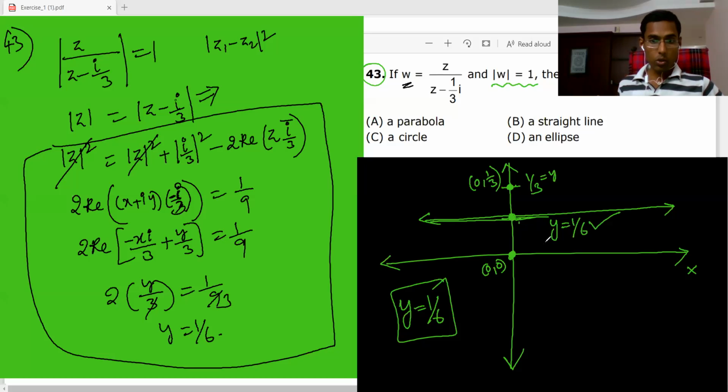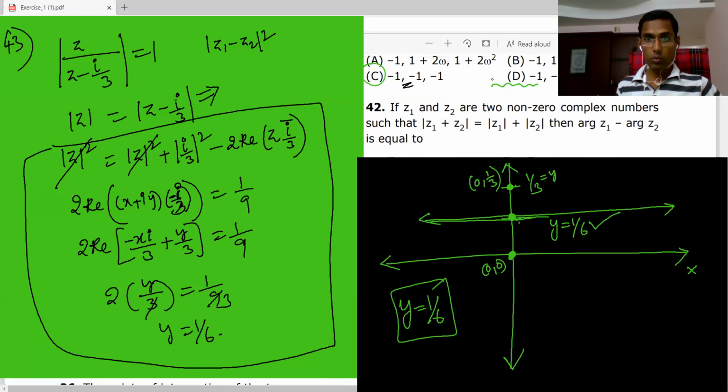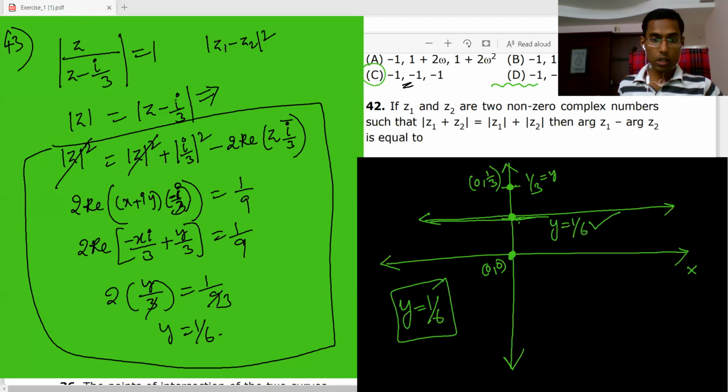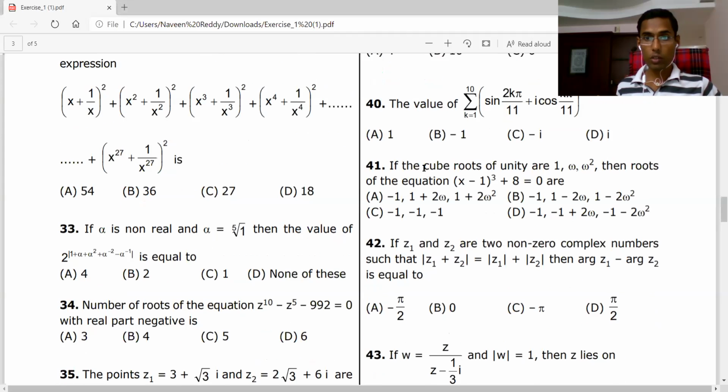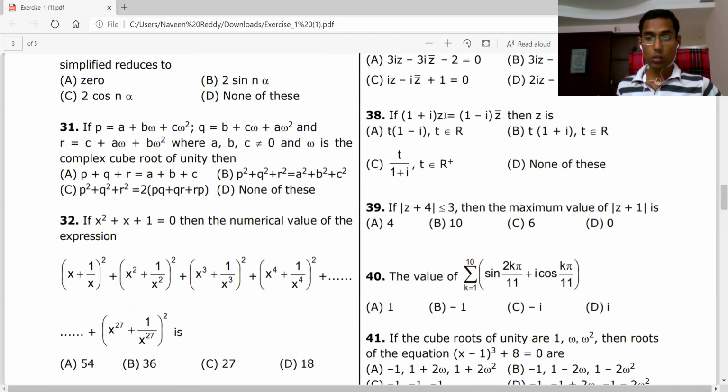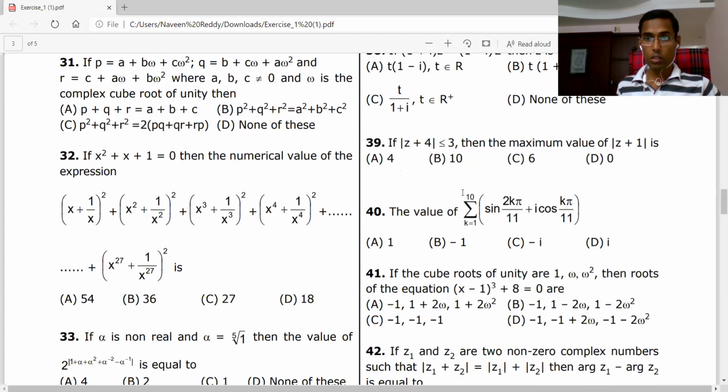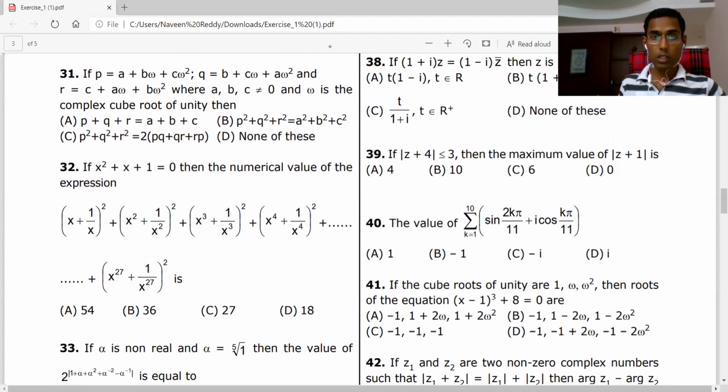This is another question. We'll clear it off. These are all there in the worksheet, so you can do these problems again. This time I'm telling a few problems. Here question number 39 is there, so let's do question number 39. This is an inequality.